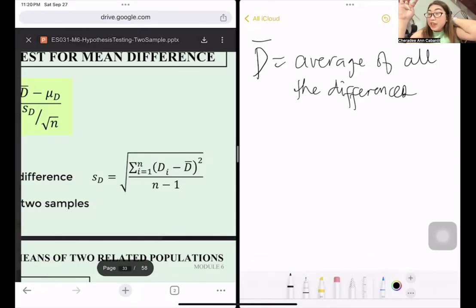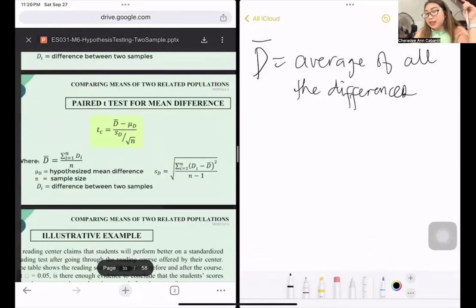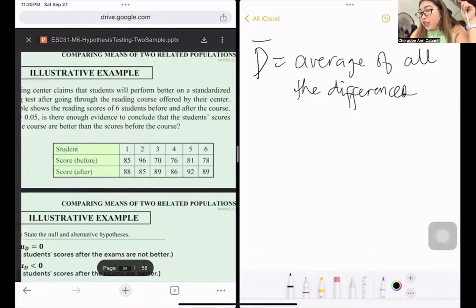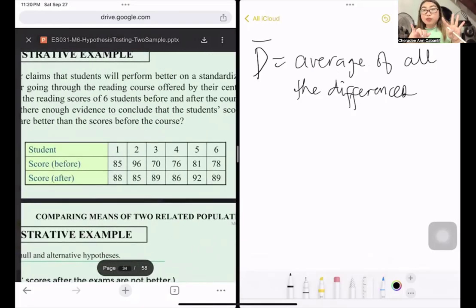No? So, by the way, n here represents the number of paired tests. So if there are 10 paired tests, it's not 20, it's just 10. It's paired tests, paired sample size. Okay, I'll give an example so it's clearer. For example, here you have 6 students. So your N here is actually 6, not 12. So the score before and score after.